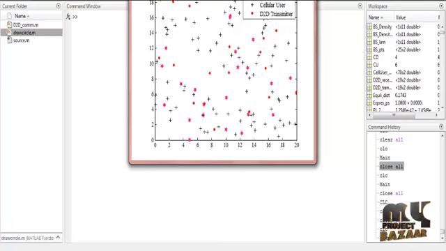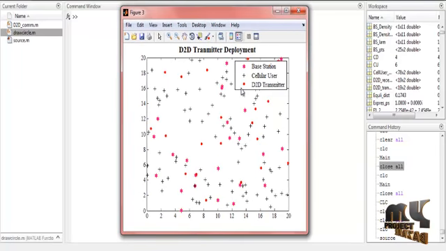So the D2D transmitter deployment. In the transmitter deployment, the D2D is shown in red color, and the plus is a cellular user, and the pink is the base station of the process. So the cellular user and D2D transmitter are deployed along with the base station. Overall, the particular values are converted to the D2D transmitter values of the process. So in the next figure,